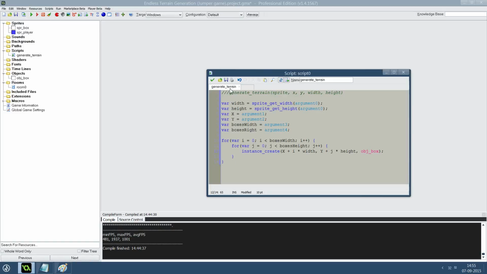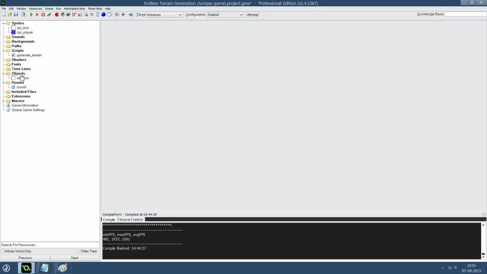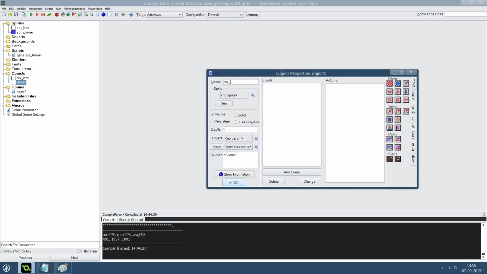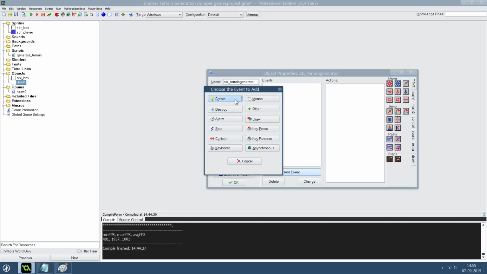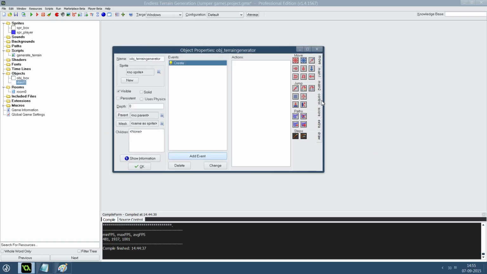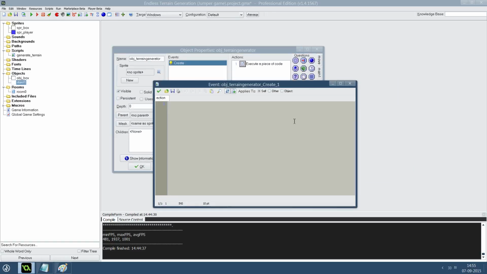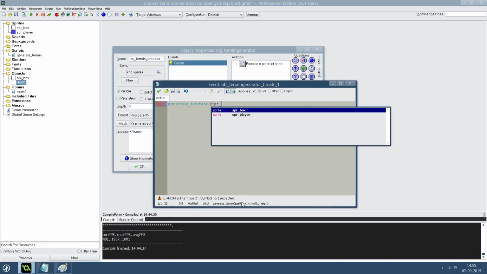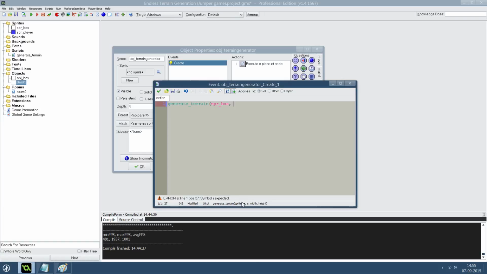So we create the box. Let's say here we create a new object called object terrain generator with no sprite, and in the beginning it just creates some boxes. Generate terrain. What do we need to specify here? The sprite, we just say sprite box, where room width, the Y,